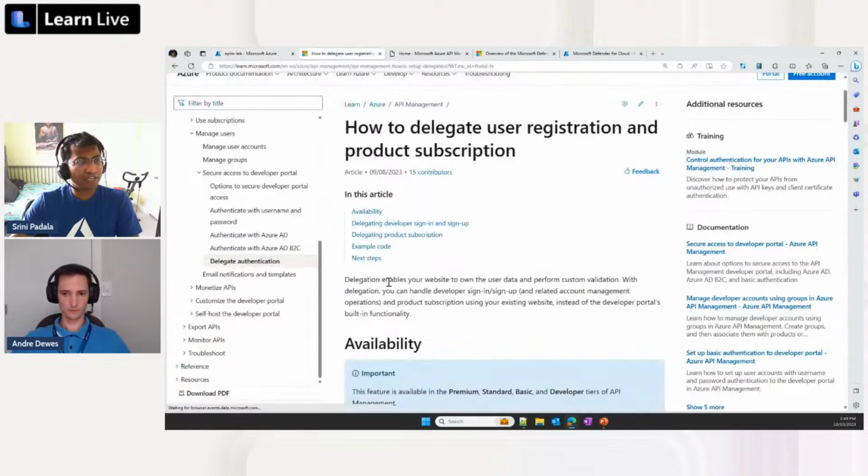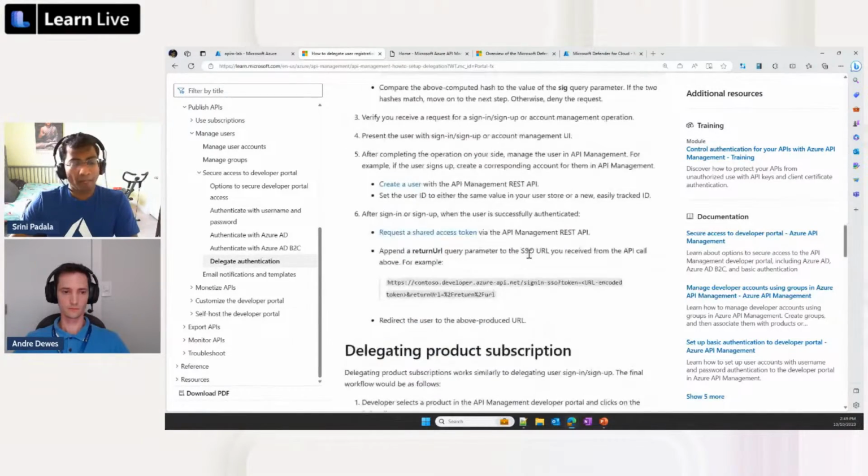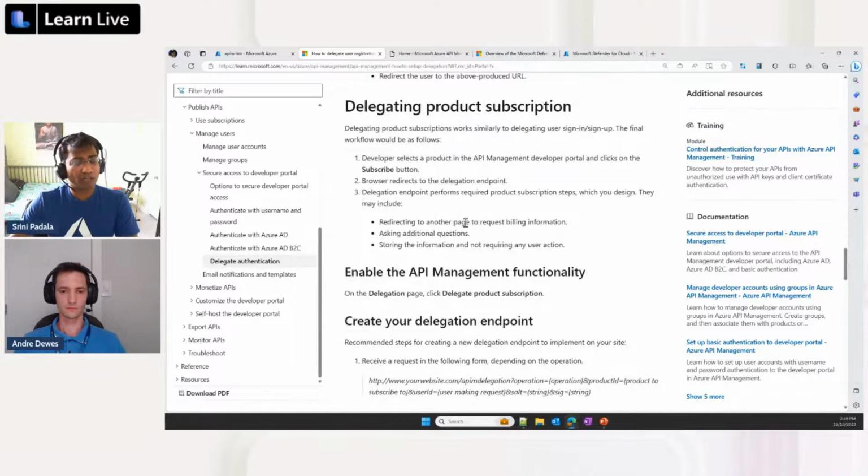Again, there's a lot about delegation that is talked about here on how to exactly implement delegation for both sign in, sign up, as well as product subscription. So product subscription is about